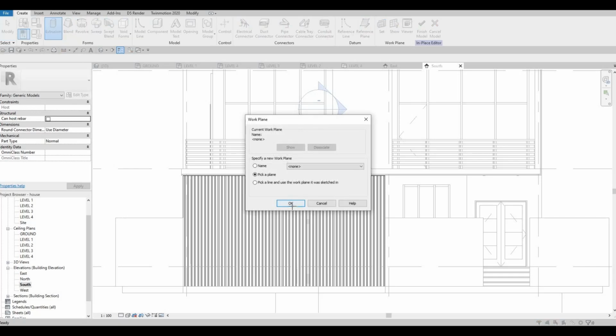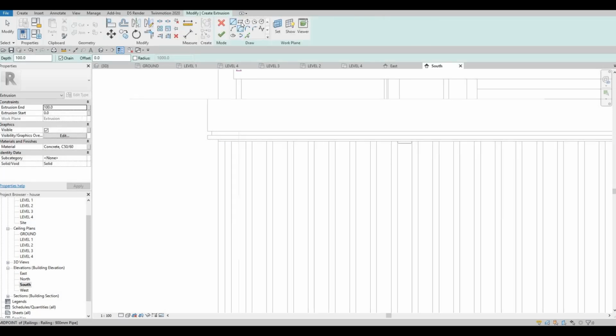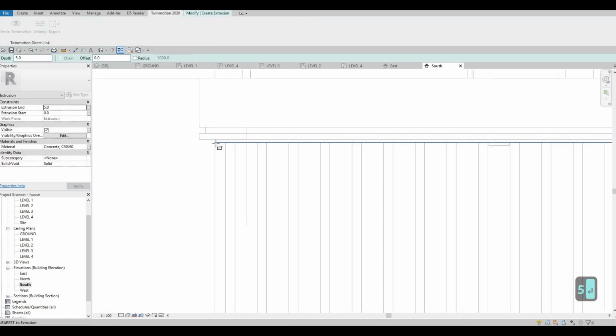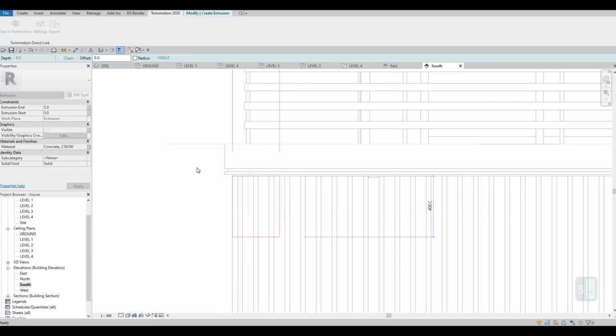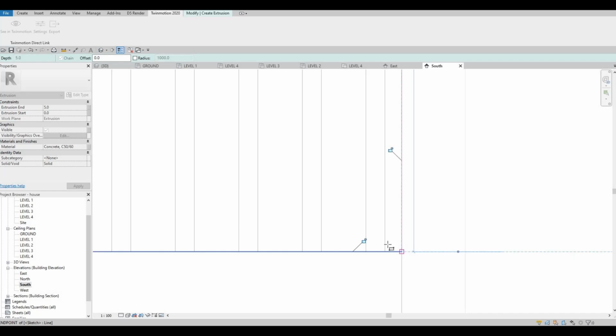It's gonna be much easier to work with. And then I'm gonna select this plane, and then here this will be just 5, and I'm going to create this and then offset 5 again,